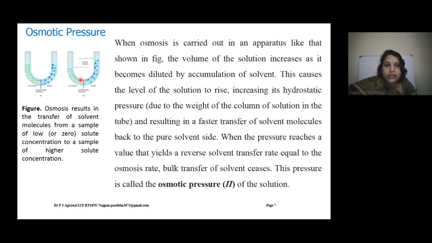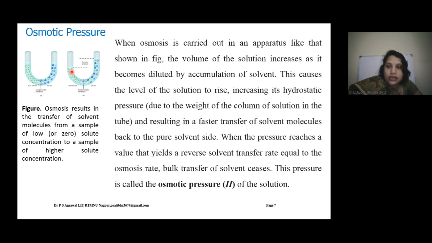It results in a net transfer of solvent molecules from the pure solvent to the solution section. This diffusion-driven transfer of solvent molecules is known as osmosis. This process is known as osmosis. The volume of a solution increases as it becomes diluted by the incoming solvent. So the level rises, and it increases the hydrostatic pressure, that is due to the weight of the column of the